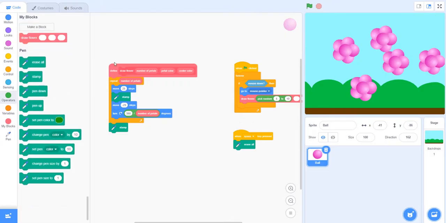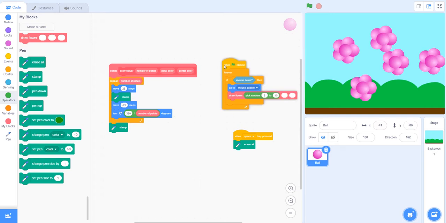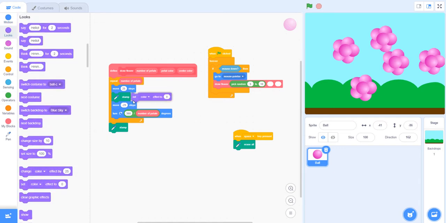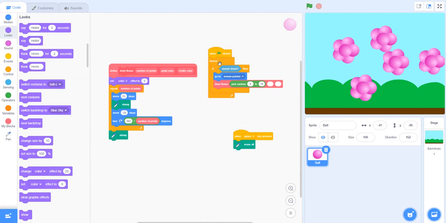So our code is increased, so we need to also insert code in these blocks also. I will select pick random, but let's go to the looks first and select set color effect to petal color. This is like a variable, and then what I'm going to do is I'll again select set color to, and I will set it to center color, because at last the center color shall be formed. So now